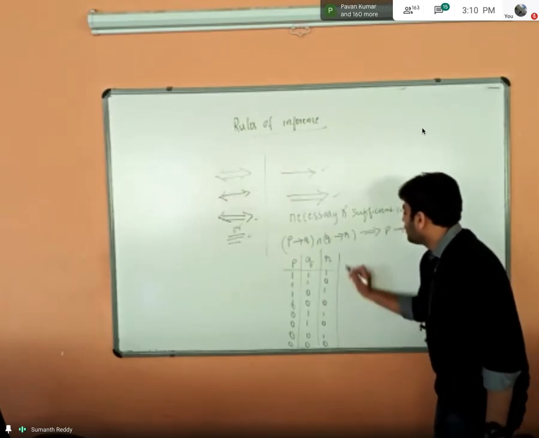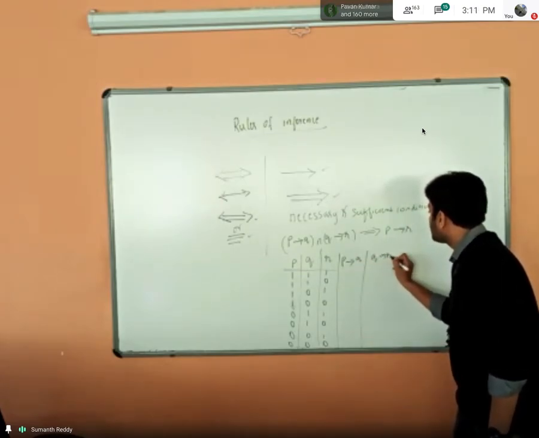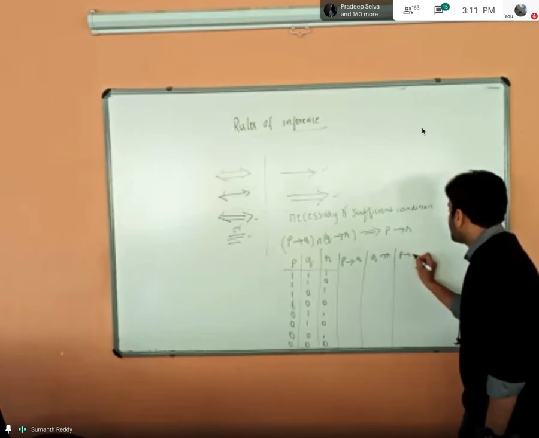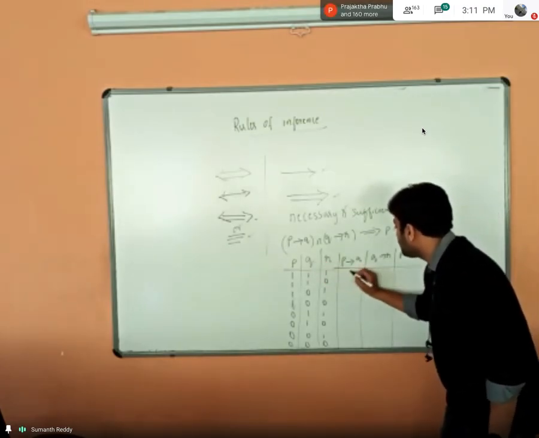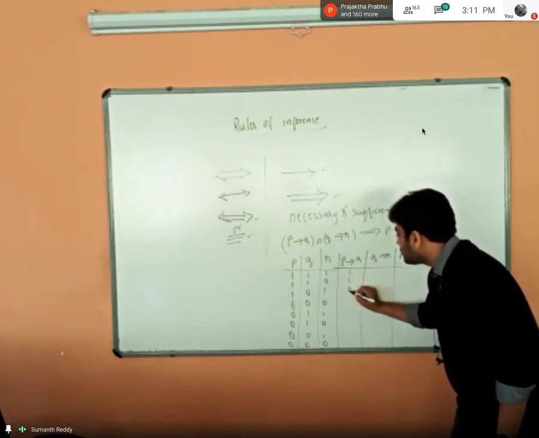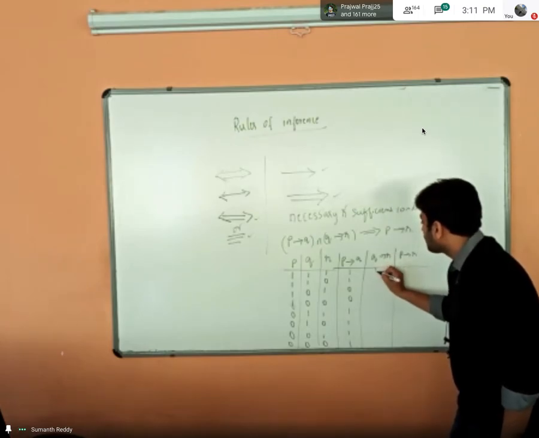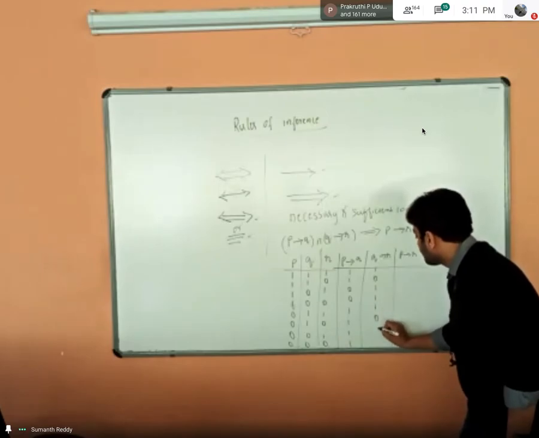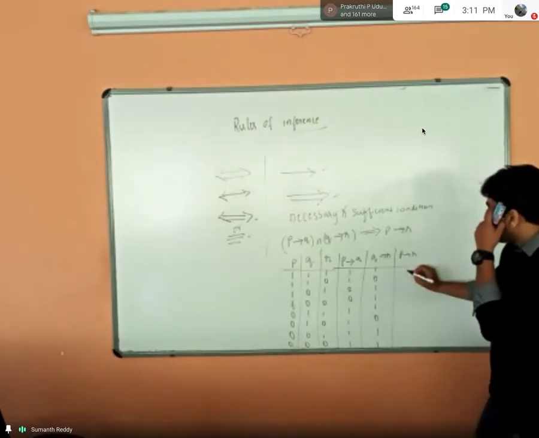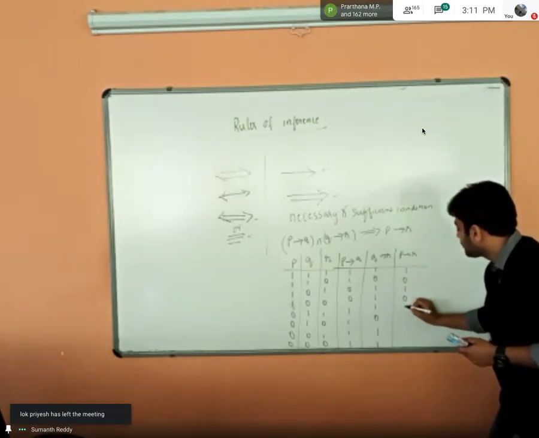Okay, so you already know the rule for the conditionals. P implies Q, Q implies R, and P implies R. So quickly I'll just write that. Between P and Q, 1, 1, 0, 0, and 4 ones you will get, and Q implies R, 0, 1, 1, 1, 0, 1, 1. Okay, and P implies R, what will I get? 1, 0, 1, 0, 4 ones.